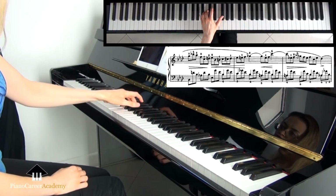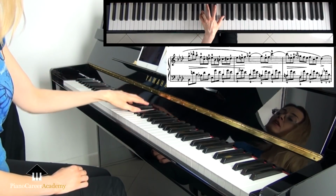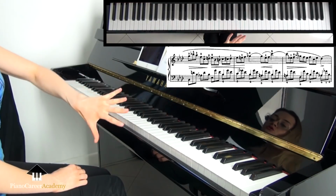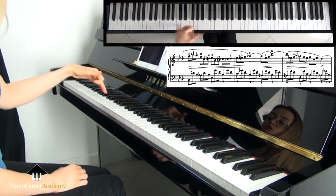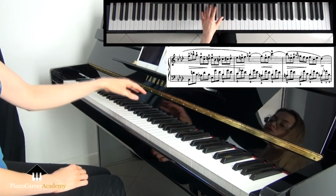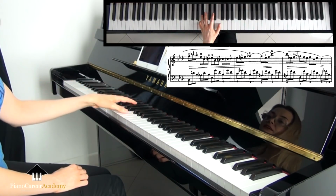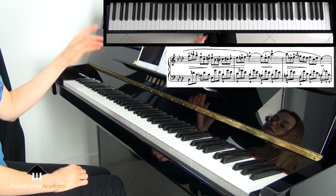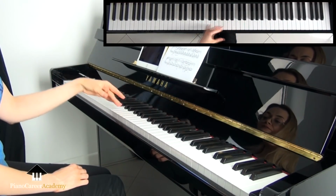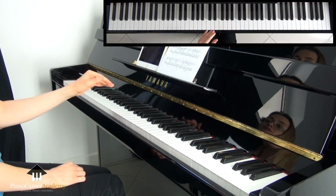So a little crescendo, the melody goes on, we're rising until here, and a little diminuendo. So if the phrase is well shaped, your melody will sound more continuous, more horizontal and meaningful. On the other hand, if you just play everything with the same sound intensity, it will sound static and mechanical. So understanding things in perspective, thinking horizontally is crucial here, not just for this little fragment, but for the entire